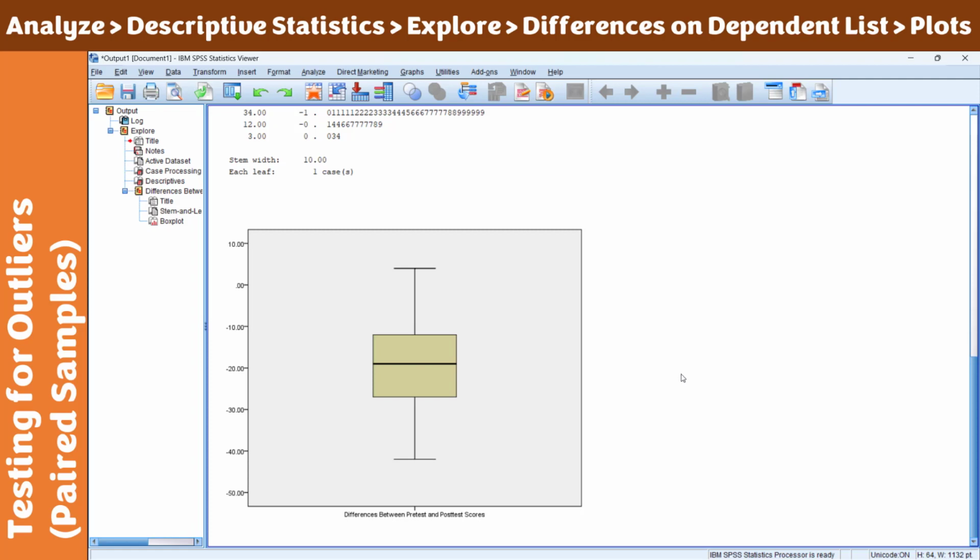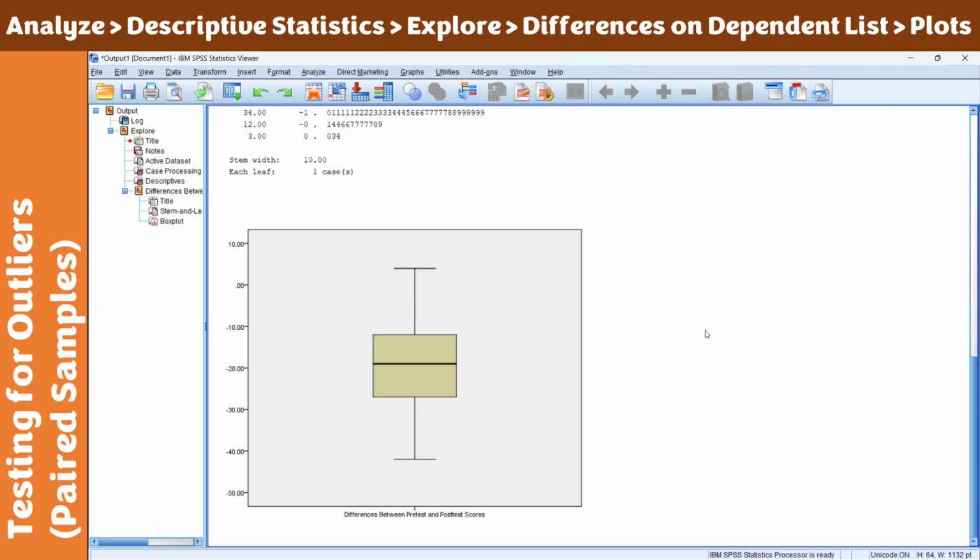You can see here that there are no dots outside this plot. This is the indication that there are no outliers, because if there are outliers, they will be marked outside here. And if we talk about significant outliers, we can actually identify two types of outliers.